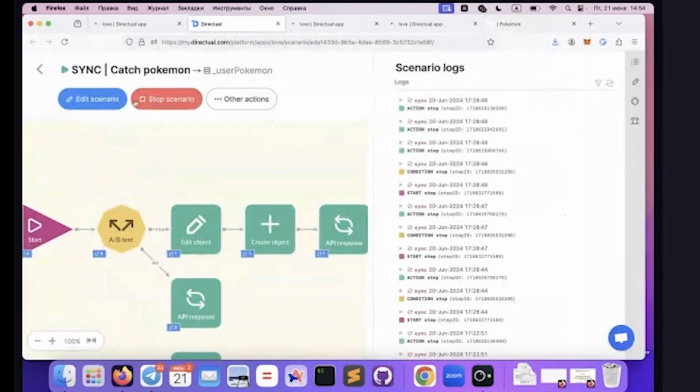Let's check our scenario, refresh counters, and we can see that we have sent 4 requests. Only one request creates a new object, user Pokemon. Let's check our database, user Pokemon, and we can see that this ID